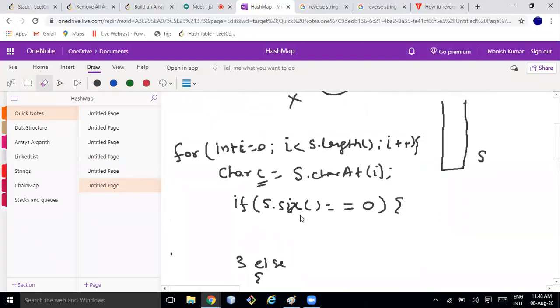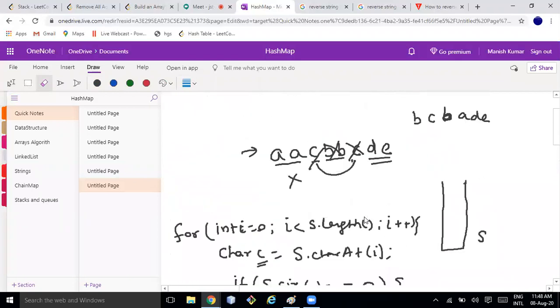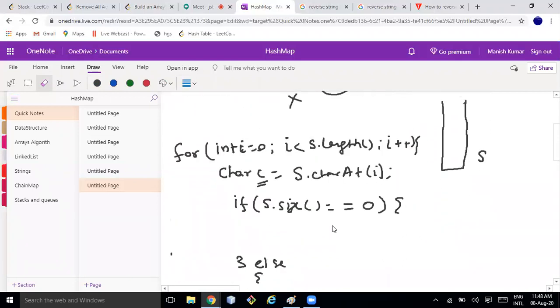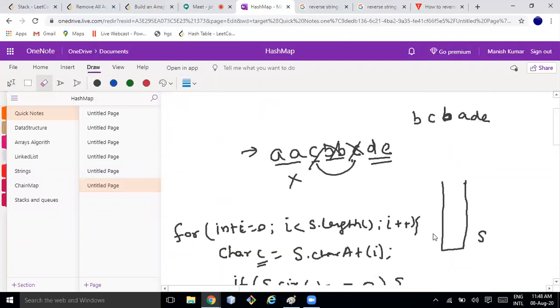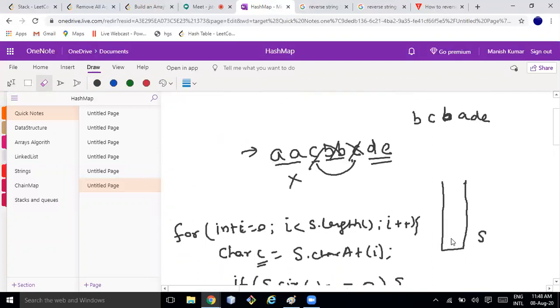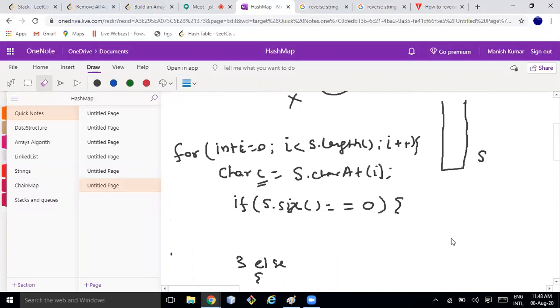So if it is equal to 0, then you just need to push it, right? You just need to push it. So here you can write, let me write it as a stack.